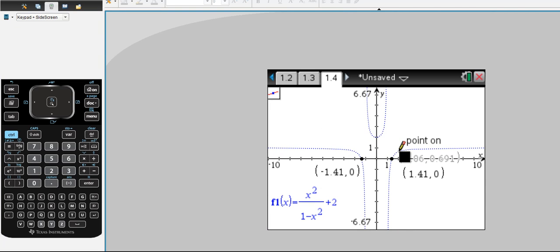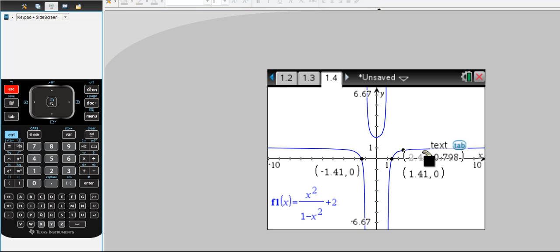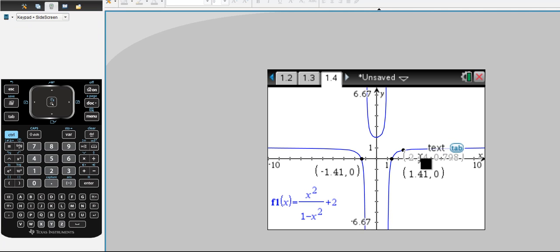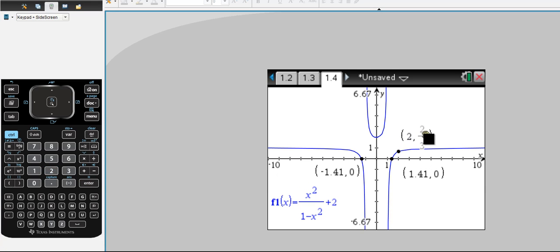If we cannot get the x value exactly 2, let's say I click here, it's 2.44. I have to change this so it's exactly 2. If it doesn't work to click, remember you can always, once in a while, click escape to go out of this mode that you're in at the moment. And then you can click on it, and hopefully you can click again, and then you can erase it, type 2 and press enter, and then it will move the point. So now the point is 2,